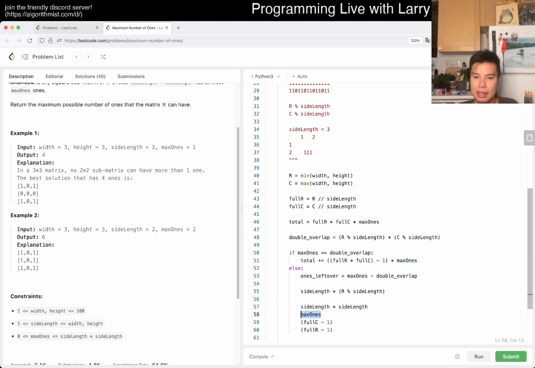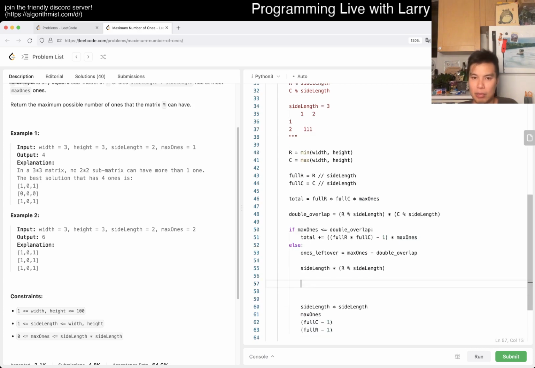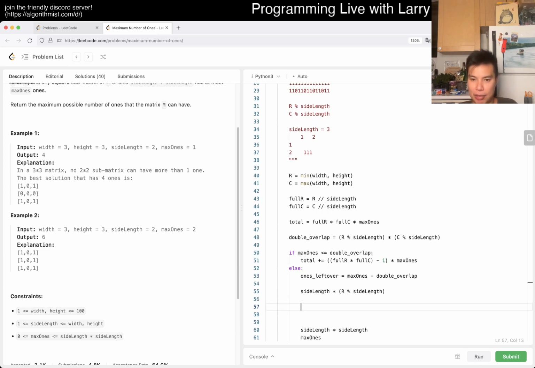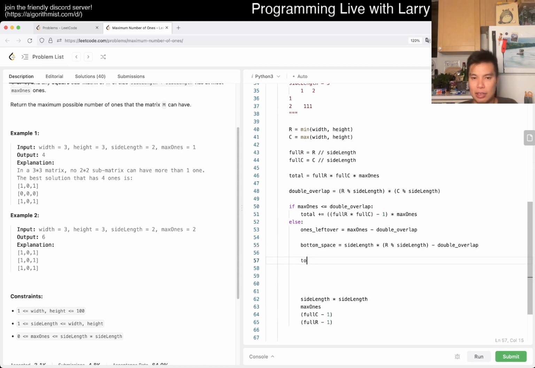And basically, okay, we'll try to fill. We have to subtract that, so we have to subtract this. So this is bottom space, I'll go bottom space. So you go to this minus the double overlap, because there's a double overlap of ones. So these are the number of bottom spaces we have on the bottom. And then in total we added to bottom space, or we want the min of the bottom space or ones left over times